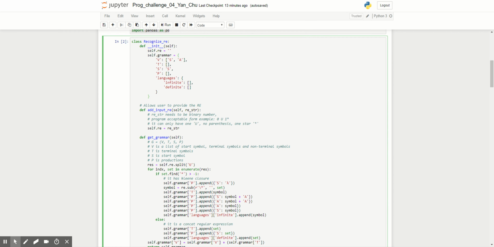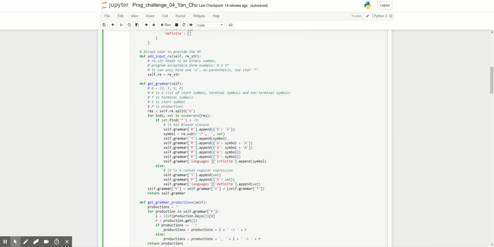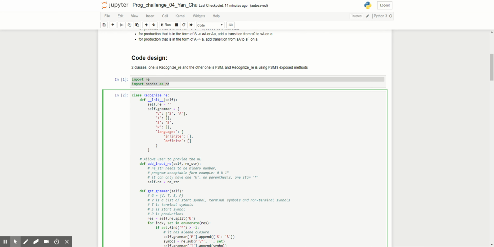Then the user will be able to call this add input re method to add a regular expression to the instance. And then the user will be able to call get grammar. The logic implemented here is converting a regular expression to a grammar. So a note to you, for my code here, it can only